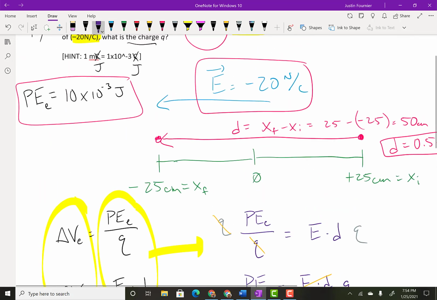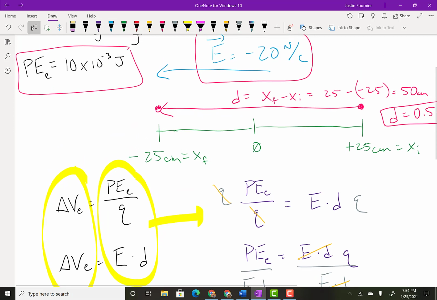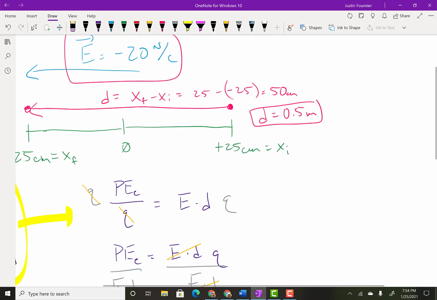Divided by the electric field, which is negative 20 newtons per coulomb. And then lastly, we got our displacement. Oh, I should be careful. Displacement points to the left, right? So displacement points to the left. So that's going to be